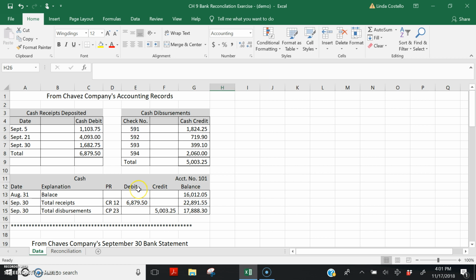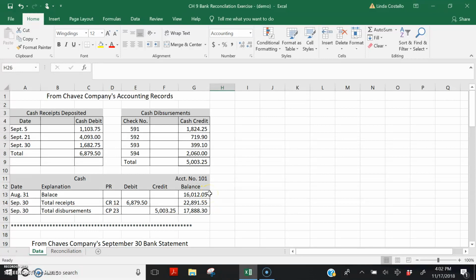As you can see, the company's books show 3 bank deposits totaling $6,879.50. The company's books also show that 4 checks were written during the month, totaling $5,003.25. The company's general ledger account for cash shows a beginning balance of